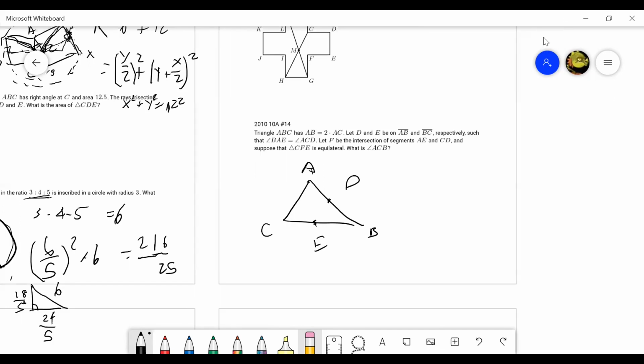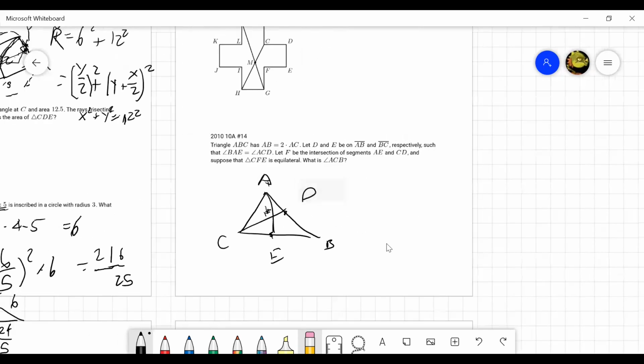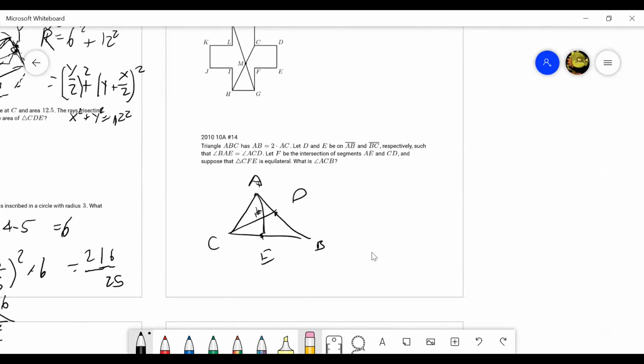All right, I should draw this better. But basically, this can be your diagram, and CFE is equilateral. And we're given that angle BAE equals angle ACD, so I should mark that. That's this angle and this angle. And now we have to find angle ACB. So basically, this is going to be an example of an angle chasing problem. I'm actually going to draw a slightly more accurate diagram,